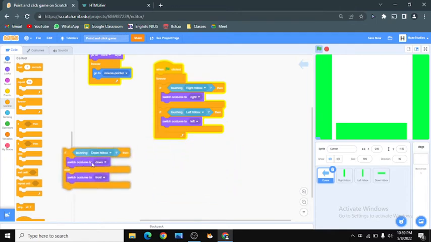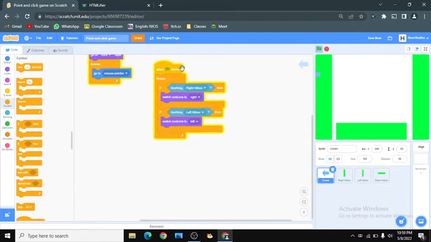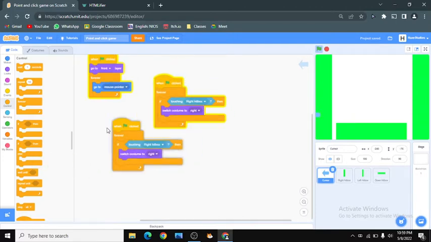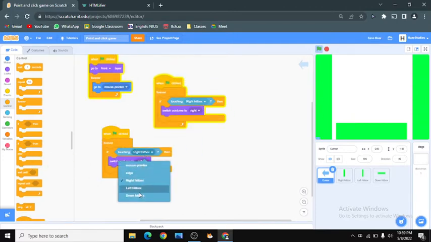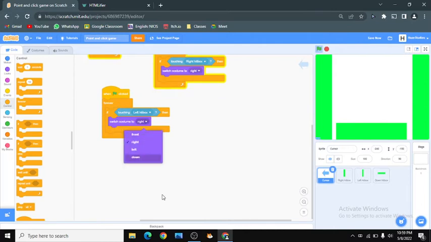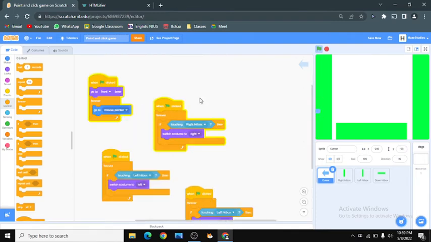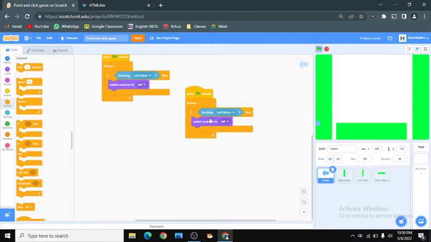So to fix this, what we have to do is make the same codes, just not in the same script. You should really make it into separate scripts instead of just being one script.